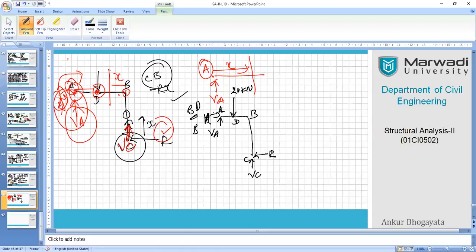Okay, so we'll continue to write equation when our section is in this segment, that is D to A. Now I am taking D as origin. Please understand, everyone, you can focus. So VC is there. I can take moment of VC force at this distance, which requires equation like this. So it will be VC into 1.5 plus X. Okay, so this is X and this is 1.5.